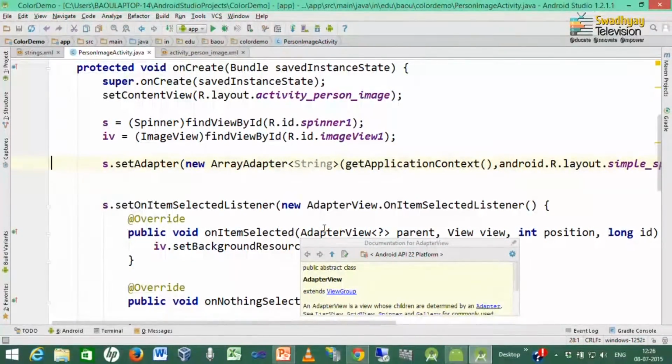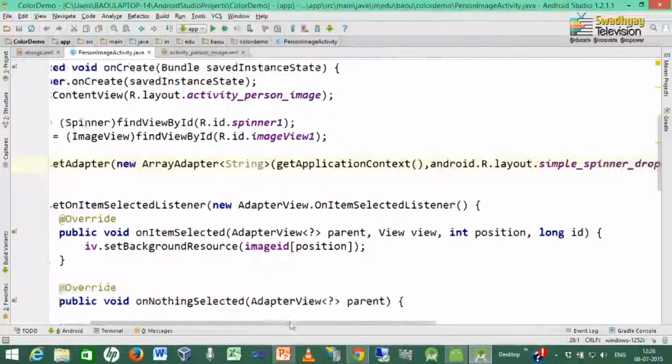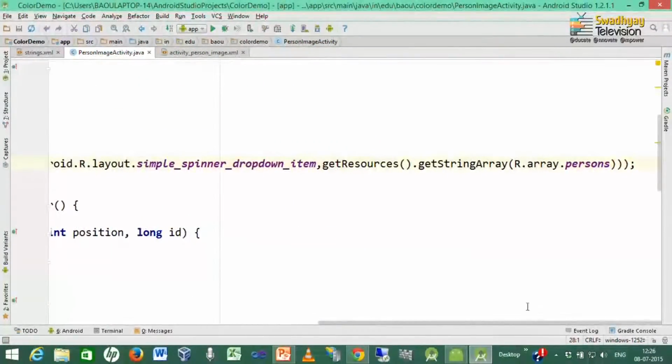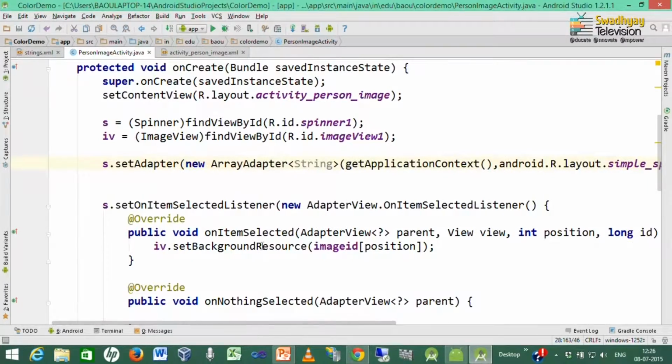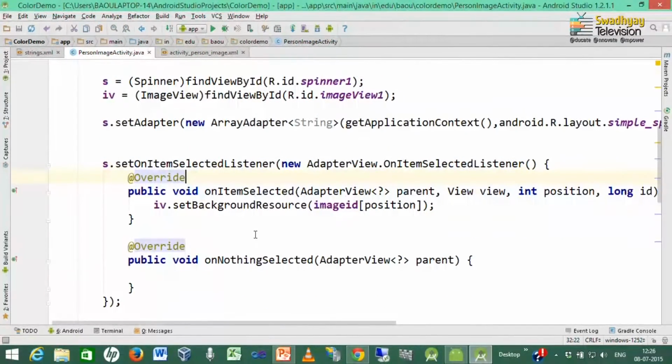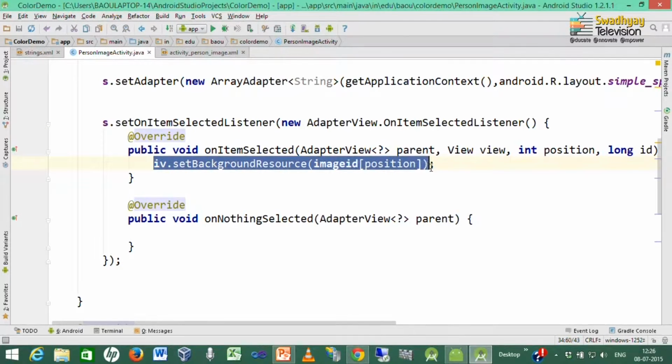So, now our code is completed. First we take a reference of the spinner and image view, then we fill the adapter for the spinner from this array defined inside resources with ID persons, and then we implement the on item selected listener for the spinner. Inside that we write that whenever a particular person name is selected, the image ID matching its position should be displayed in the image view.